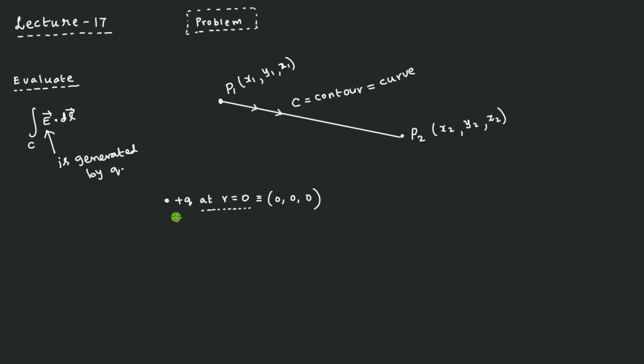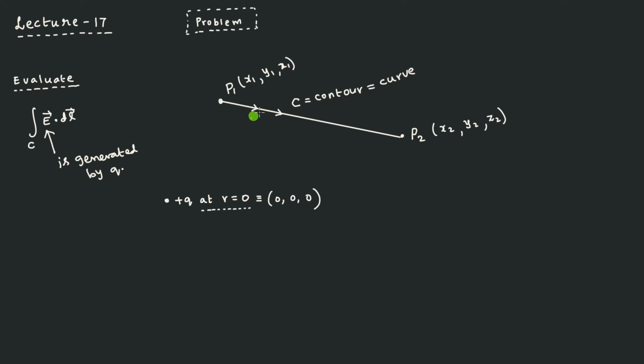If you want to change the problem, you can change this particular structure of Q. You can have multiple charges that will generate another, more complicated electric field. So you can keep on changing, and a variety of questions can be created. But this is the simplest situation, where only one charge is there and that is going to generate the electric field. And then dl, the meaning of dl is any small element.